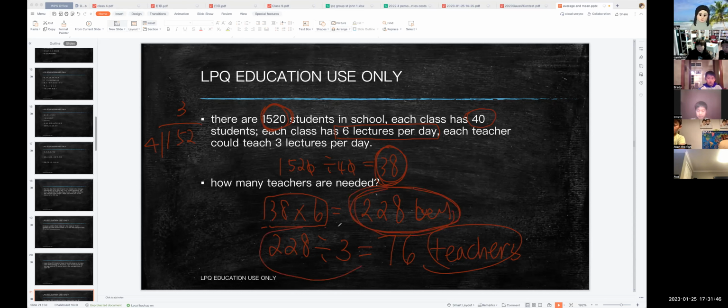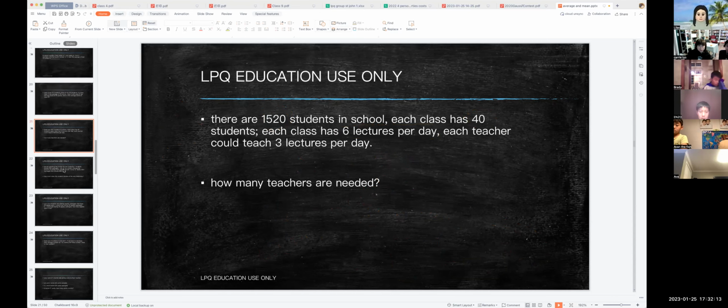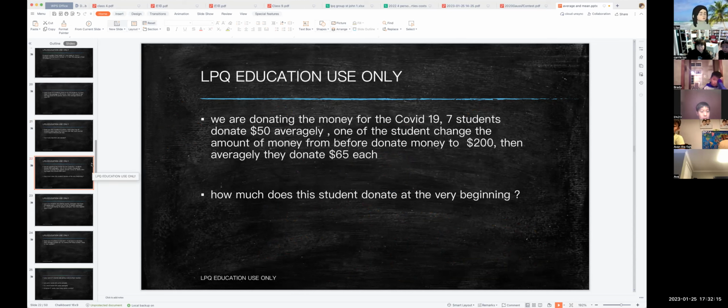And 228 divided by 3 equals what? Equals 76. So there are altogether 76 teachers needed. Okay, if you don't understand, stop me and I can explain again. 懂不懂？Brandy 懂吗？OK，如果不懂没关系啊，老师可以再说一遍的。